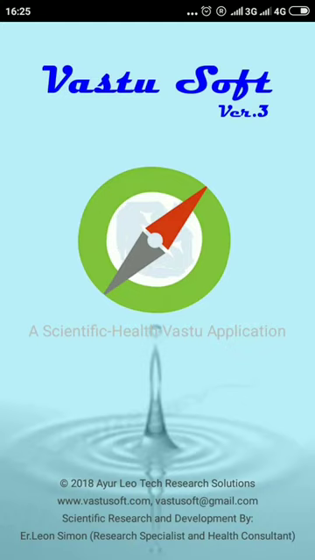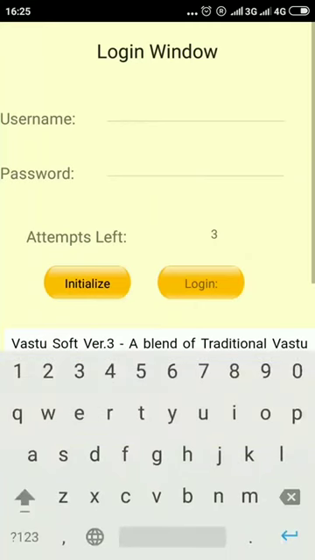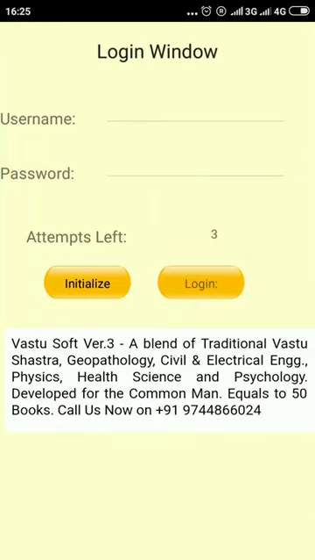Vastu Soft Mobile Application is a combination of traditional Vastu, civil and electrical engineering, geopathology, Ayurveda and psychology. This application is mainly available in English, Hindi and Malayalam. However, the Ayati calculation is available in 6 languages. To see the full details and download the application, you may please visit our website